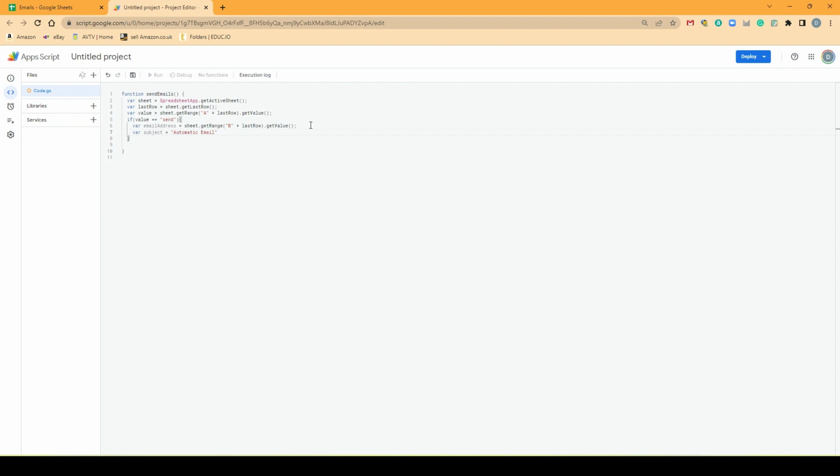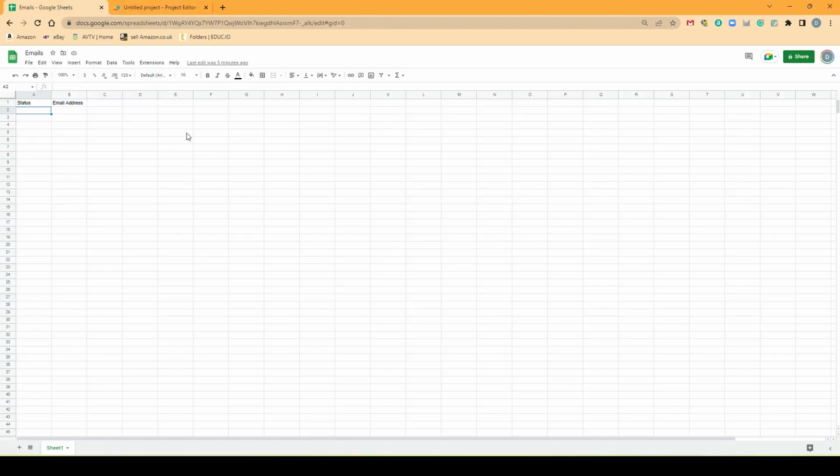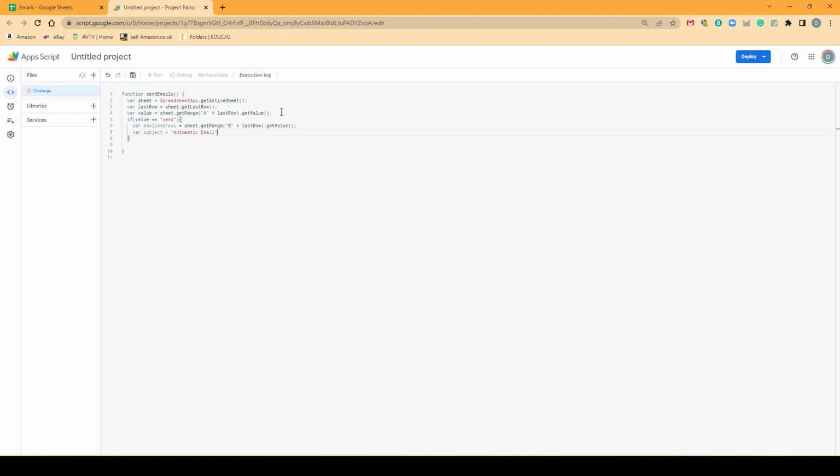Now this could be something that changes depending on the data in a spreadsheet, and if that is so, you just need to be able to tell it where that subject is, or where you want to declare that subject in the spreadsheet. For example, if the subject is going to be in C, we could easily write subject here, and we could have different subjects for each line, and then we could just put another row of data in there, for example,